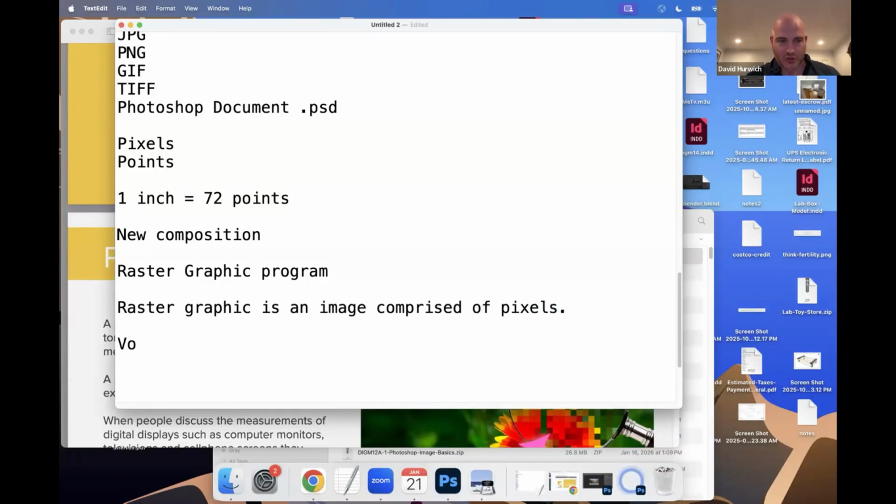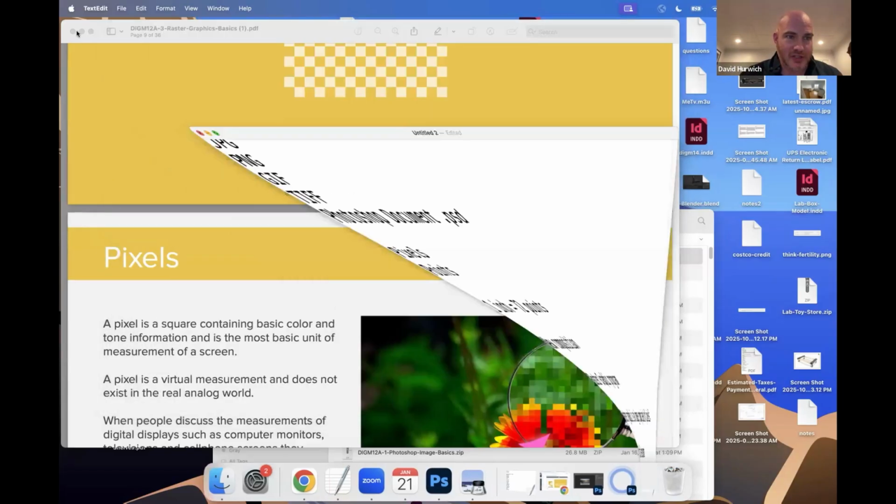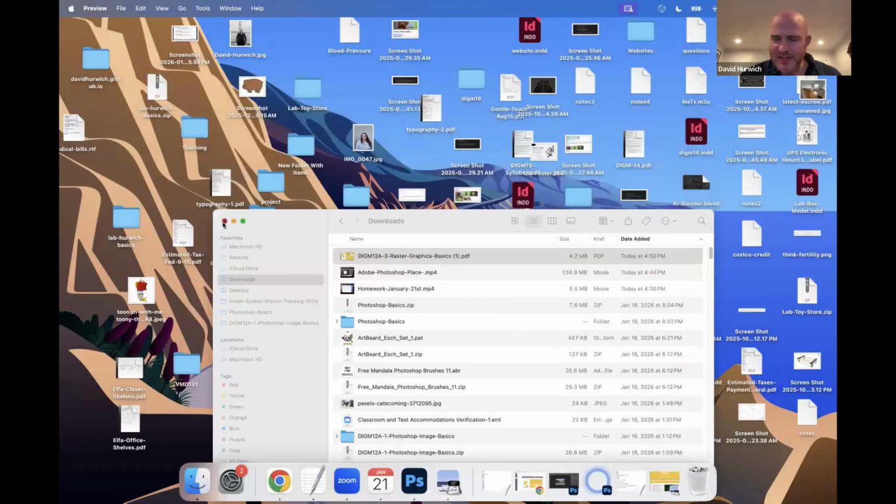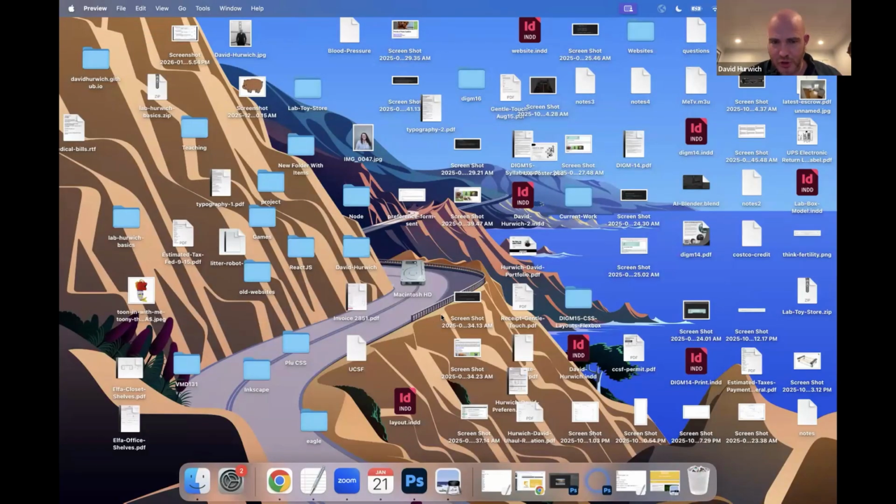Well, a pixel is a virtual measurement, meaning unlike, say, an inch or a centimeter or a millimeter, a pixel doesn't have a defined finite width. Okay. So let me show you what I mean by that. I know my desktop is super dirty and all that. Let's imagine I have my desktop here, right? And if I were to take out a ruler and measure it, let's just for the sake of argument say that this is 1 inch wide, right? Well, what I could